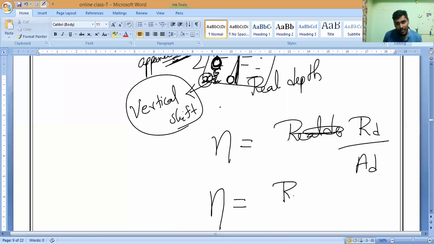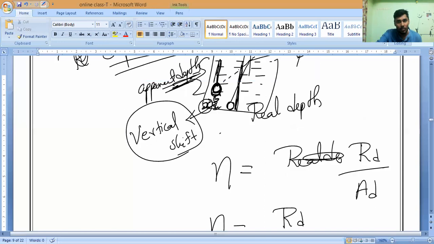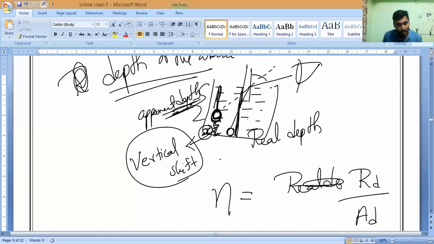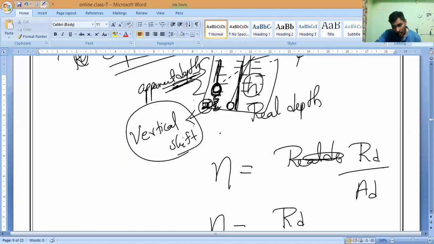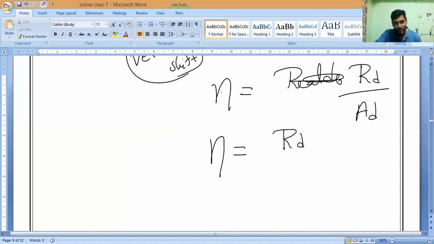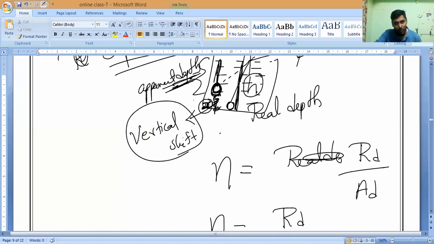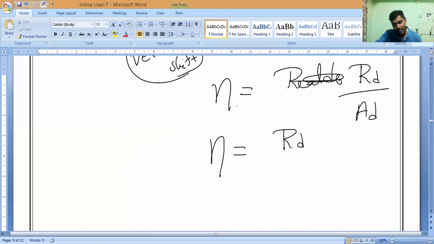Now if they ask you to find the refractive index, real depth we can assume as h. Now I want the apparent depth, so how can I find it, guys? Use your mathematics brain and tell me. Total height is h and I want to find the apparent height. I know the vertical shift is x. Then what do I have to do? Can anybody answer? Correct, h minus x. We want to remove this height from the total height. Yes or no?